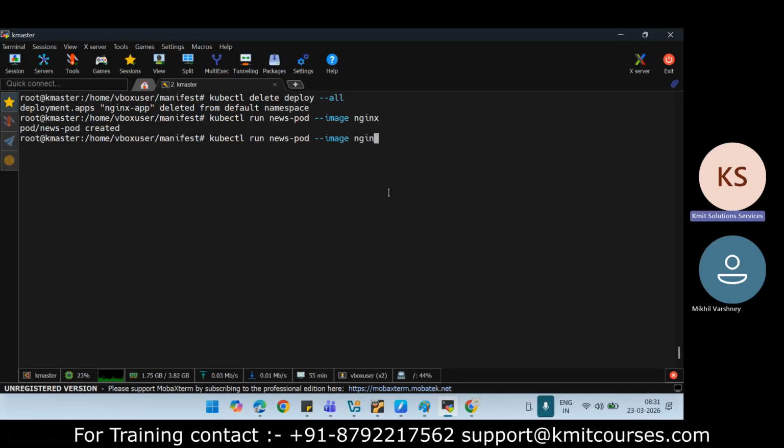Same way, I will create another pod with the Tomcat, and I will call it the mail pod. Okay, 2 pods get created. Now I want to create a service, one for the news pod and the second for the mail pod, and both are ClusterIP services. So I'll say kubectl expose, and my pod, which is the news pod,